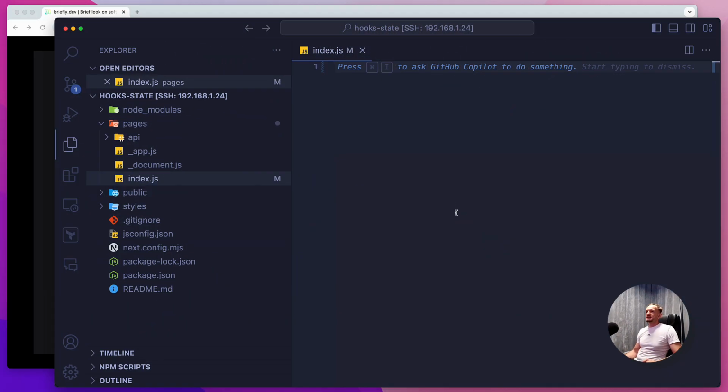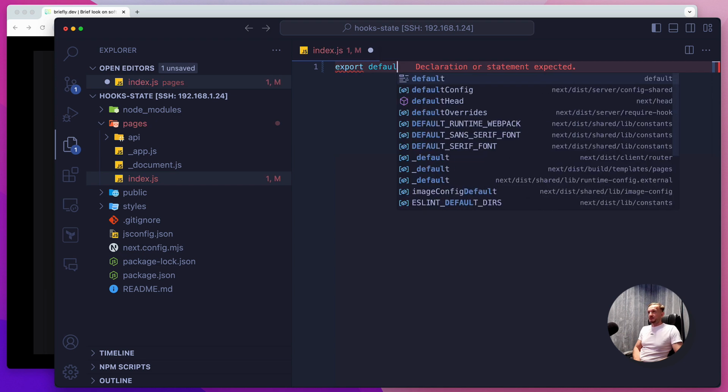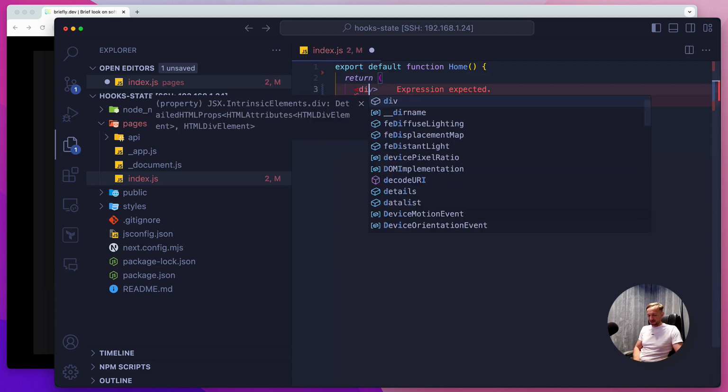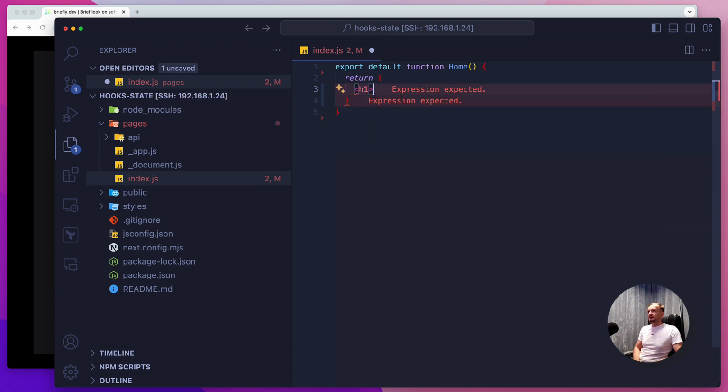Alright, I have already instantiated a Next.js project which is React based, so that's why we are talking about React. But let's talk about useState. So let's create ourselves a very basic component, maybe called home, which we will use. And let's firstly return some kind of a h1 with a